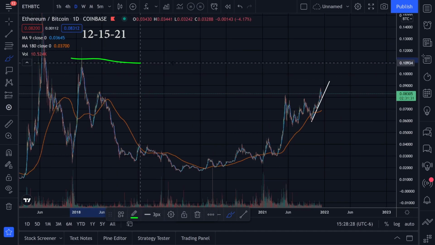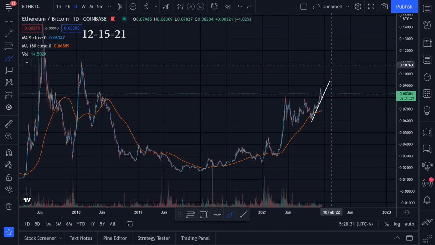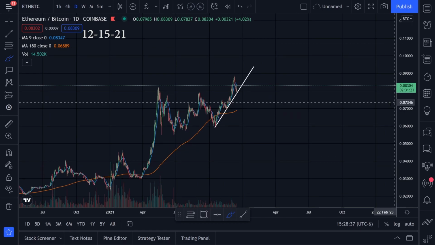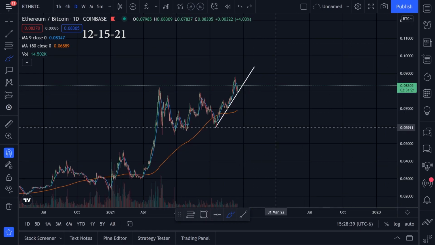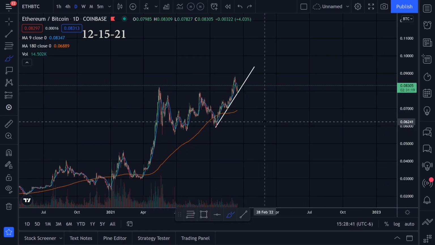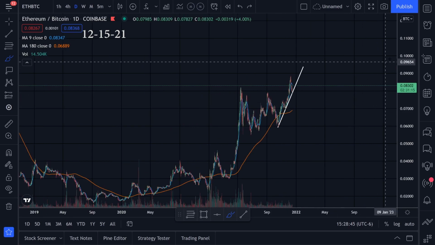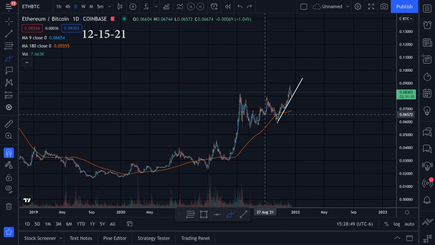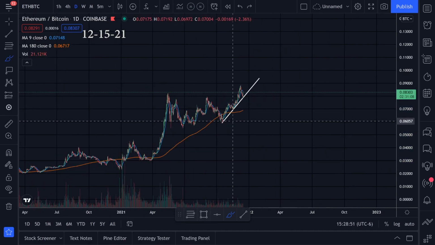Ever since we've been running up like this, I've been very interested in Ethereum, but as soon as we hit maybe like these levels up here, I'm going to start maybe thinking that Ethereum might need a correction, or maybe if we start breaking like this, maybe not even need a correction, but maybe Bitcoin will start performing better. It might be a clue that Bitcoin might start performing better anyways. But until we do, it looks like Ethereum is doing really good compared to Bitcoin. Like I said, as long as it's going up, then Ethereum's doing good.